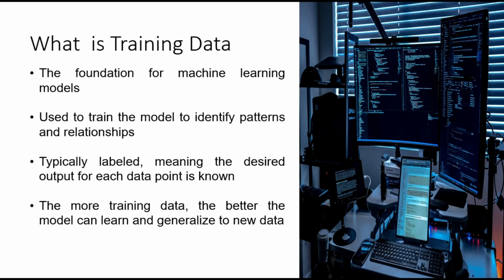Training data is the fuel that powers machine learning models. It's the data that the model is trained on, and it's what allows the model to learn and identify patterns. Training data is typically labeled, meaning that the desired output for each data point is known. For example, if you're training a model to classify images of cats and dogs, the training data would consist of images labeled as either cat or dog. The more training data you have, the better your model will be able to learn and generalize to new, unseen